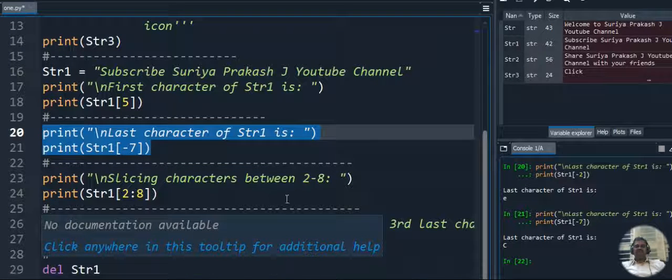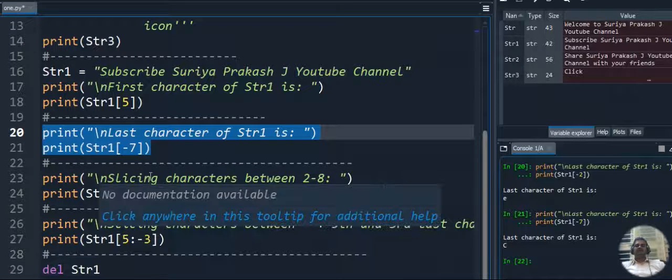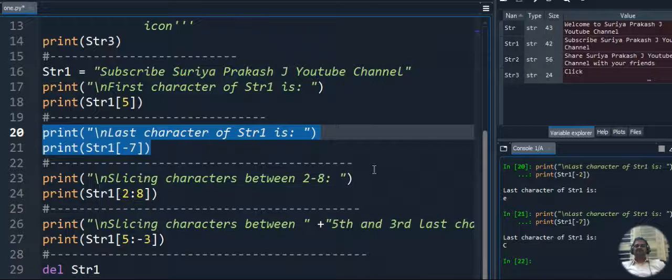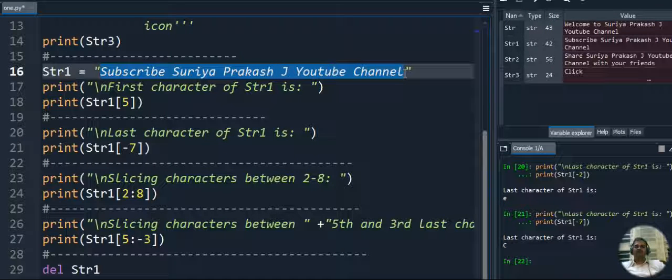Okay, now we are looking at slicing the strings. How will the strings be sliced? Slicing means we are taking a substring from the given string. So here we are taking the second position to the 8th position, like that we are making the substring. So what is our string? I am taking str1 only. This particular string I am going to slice.